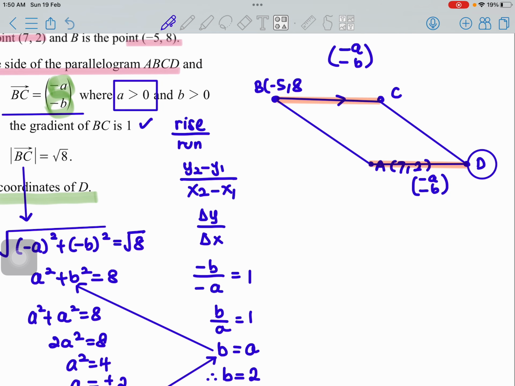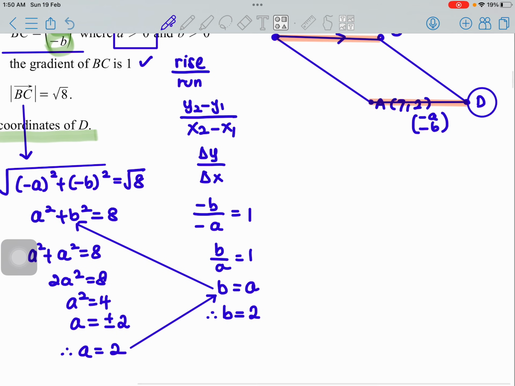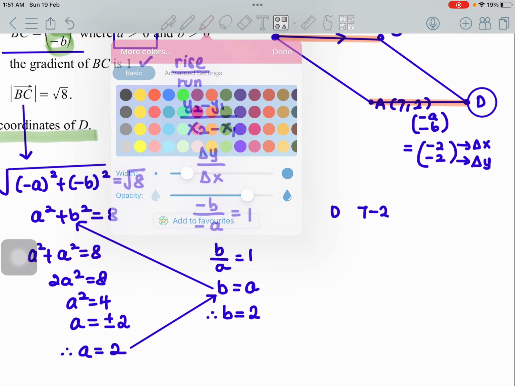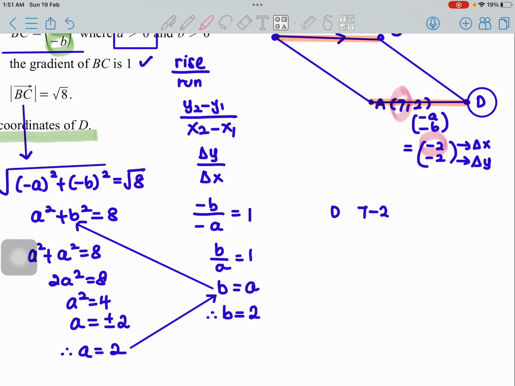It's just indicating the change. So what you do, you have gotten a and b as 2 and 2, so the vector is (-2, -2). This is the change in the x, this is the change in the y, or simply how much you moved on the x and how much you have moved on the y. So in order to get D, I'll take the 7 and I will minus the 2. What am I doing here? This is the x part and this is the x part. In order to get the y, you take the y part and you solve for the other y part. Which gives us coordinate D as (5,